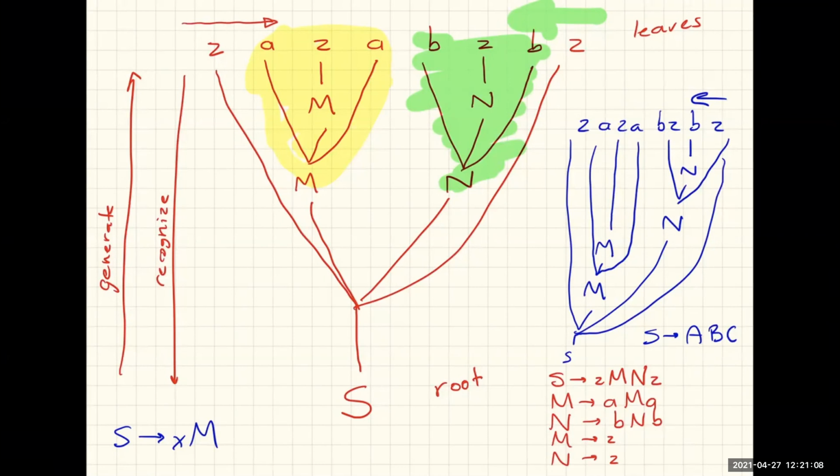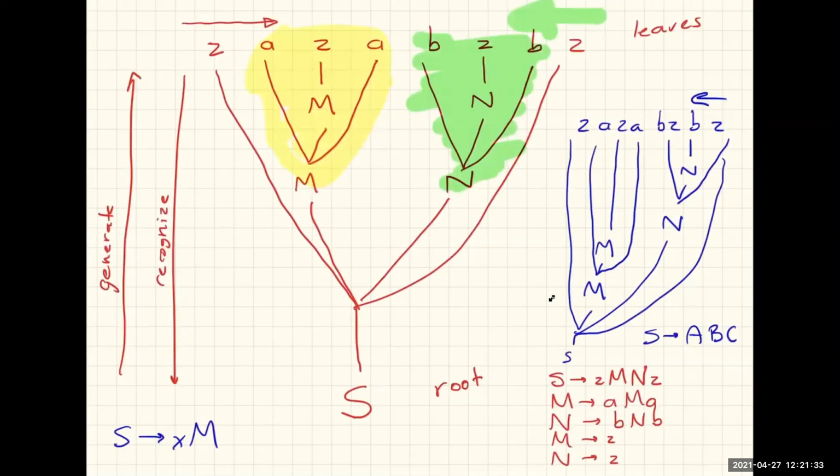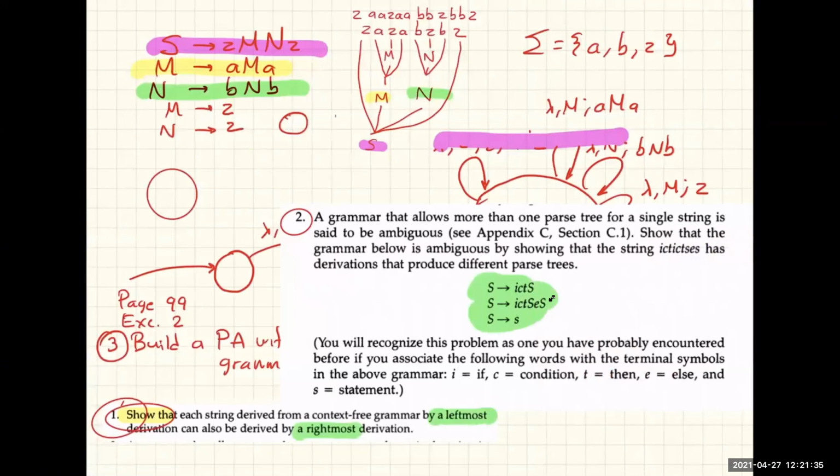Okay, so this is not an ambiguous grammar. Why? Because for a single string, there is only one possible syntax tree. It doesn't matter if we process from the left or if we process from the right, the syntax tree is the same. Now, let's work with the other string in the homework, which was, sorry for changing too much,